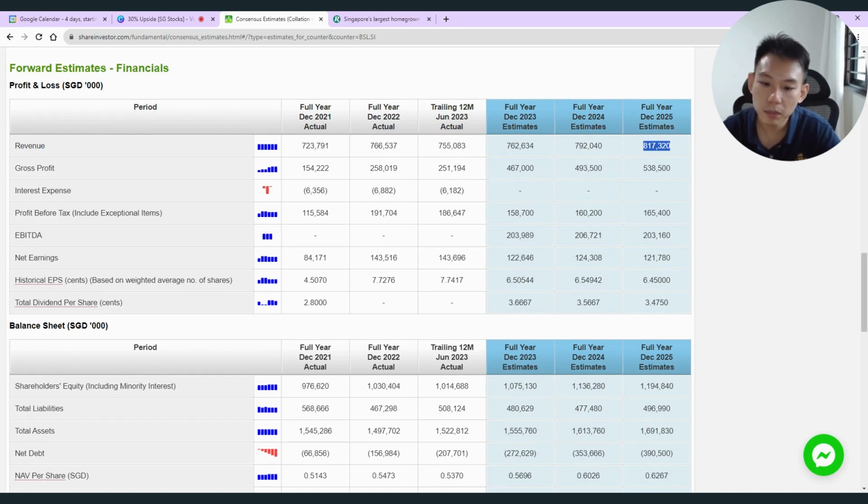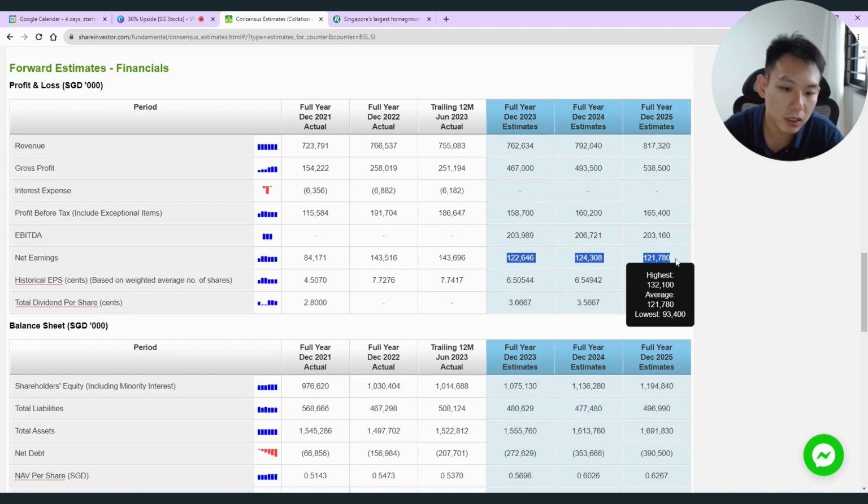And on the earnings, the analysts are also predicting that the earnings are going to come down in the 3 years going forward. So that is not really a positive sign. It's mainly because of their expansion in China, where the environment is maybe not so upbeat. As a result, the earnings for Raffles Medical are going to rely pretty much on the Singapore operations, and on top of that, you need to factor in the ongoing costs incurred by the China